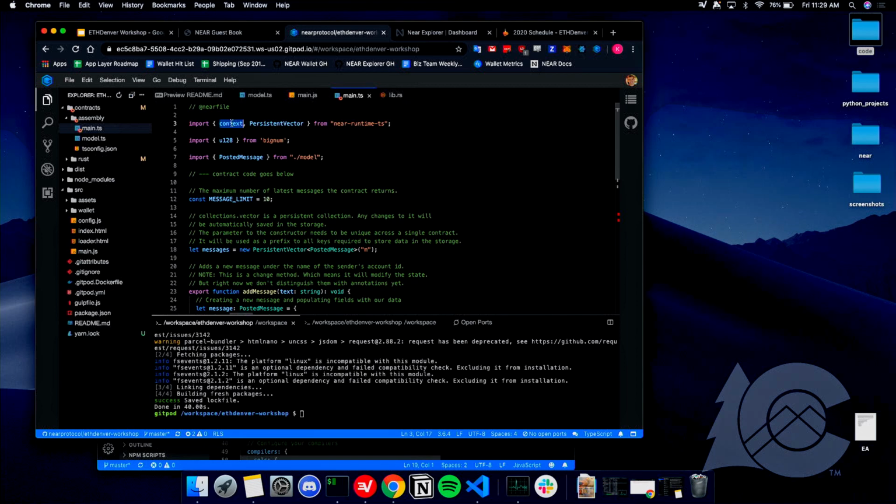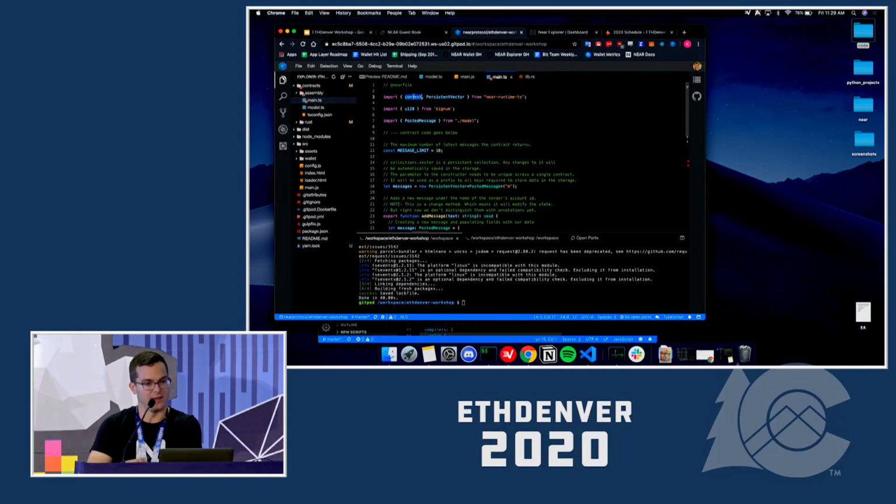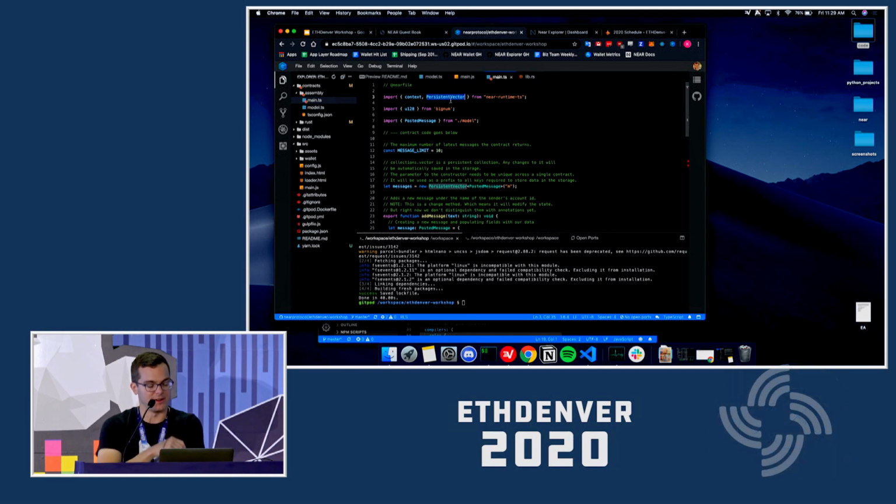And context you can kind of treat as a combination of message and block, if you're familiar with Solidity. This is where you can get the sender, and this is where you can get the block height, for instance. And then we'll be importing one more object here, which is called persistent vector. And this is basically a helper data structure that we have for you guys. It's essentially wrapping our storage